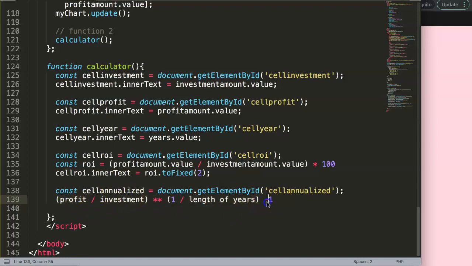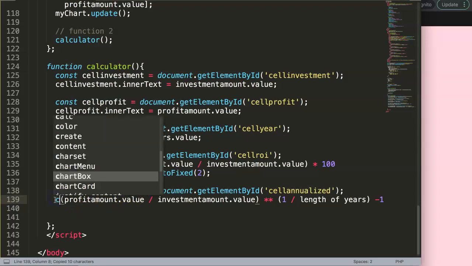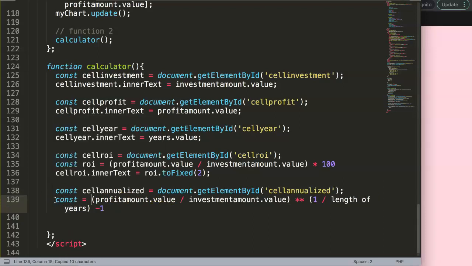All right, so that's what we're going to do now. Luckily we already have most of these values, except what we're missing is the return on investment. You can see a profit and divide by return on investment. So this is the one that we can grab, and we put it in here. All right, so once we have this, let's call this our annualized. I will give it a constant equals annualized return,